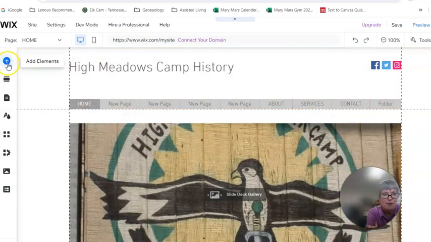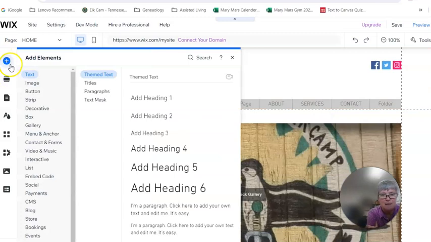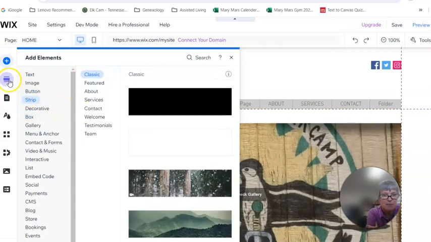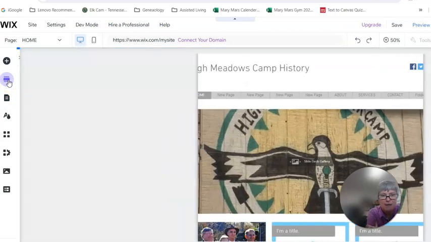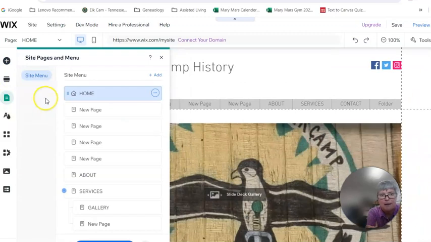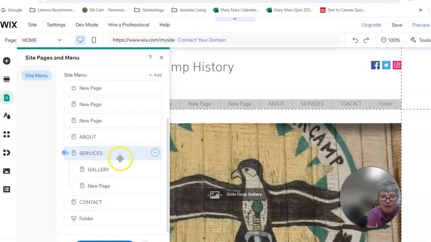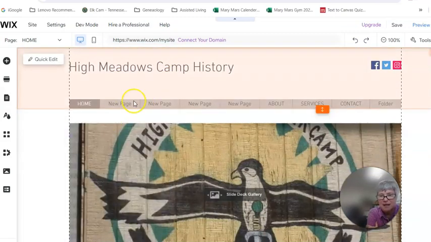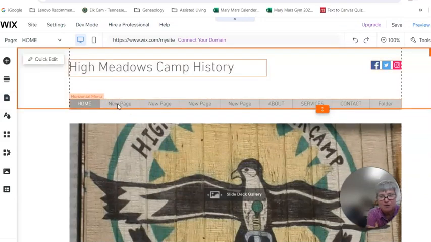Then as I come through here, I can edit. I can see the different pages. I can do different layouts. Here is my page manager. And so as I go through, I can have these different pages. If I don't want a page, I will take it out. I've got a gallery. And so as I click through with all these pages,